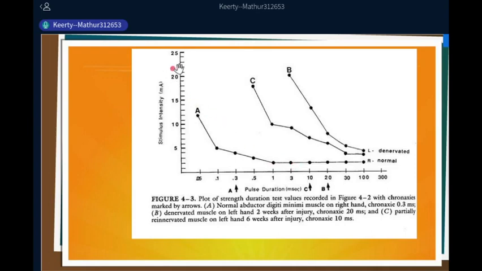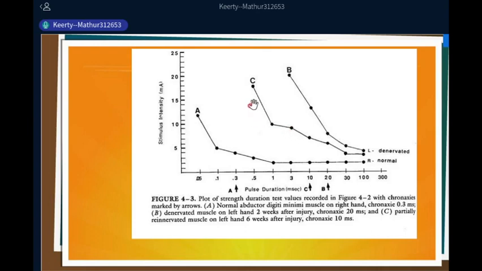No matter how much we increase the strength of the stimulus, it is not affected by the strength of the stimulus now. And this C graph is of the partially innervated or partially re-innervated muscle. Up to a certain time we get this graph, as we have started from the larger duration to the shorter duration. Up to this level, the graph which we obtained is because of both the innervated and the denervated muscle fibers. But after this point, which is called the kink, this represents the point of re-innervation.